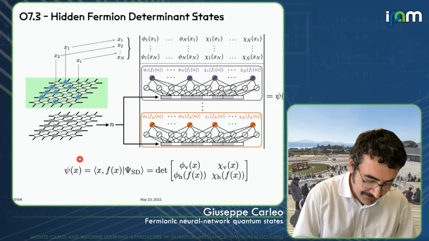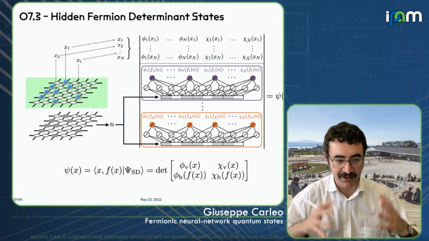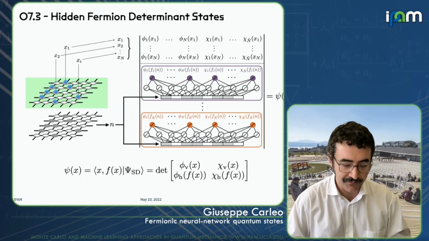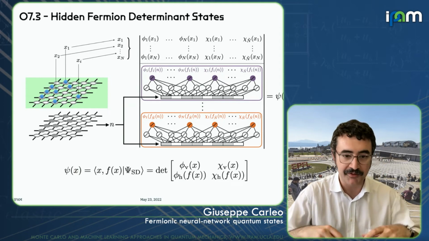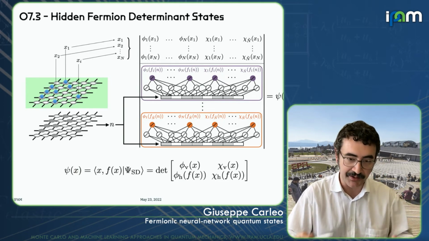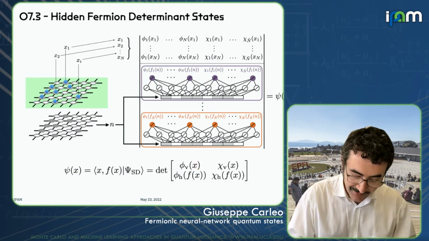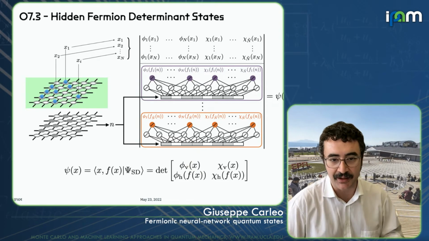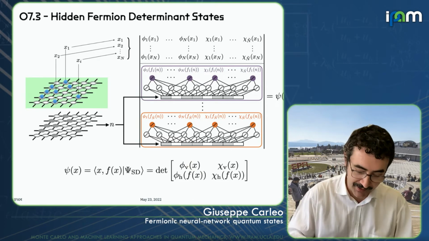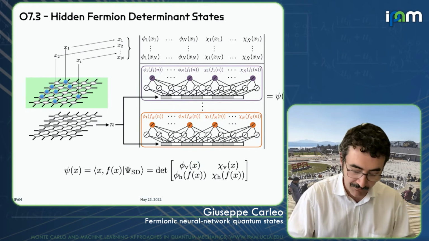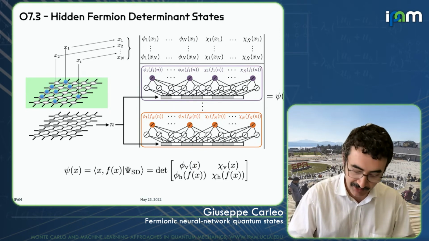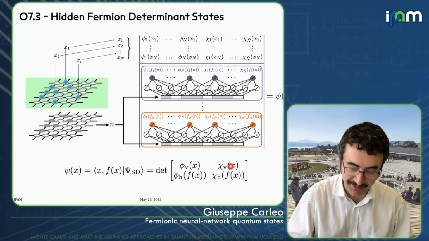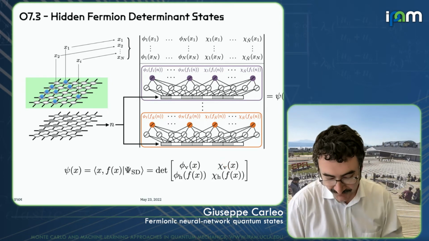So we can write the wave function of my system, where x are my physical, or visible, degrees of freedom, in terms of a simple, free system, a Slater determinant. In this Slater determinant I will have essentially 4 blocks. The first block are just standard orbitals that depend only on the positions of my physical particles. And then I will have some extra, virtual orbitals that are still occupied by my physical particles.